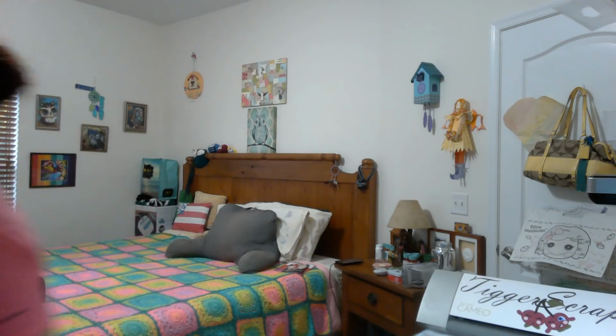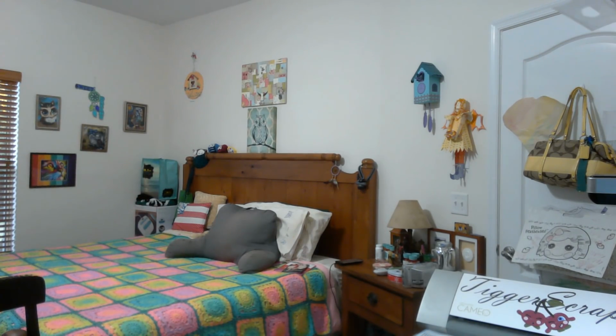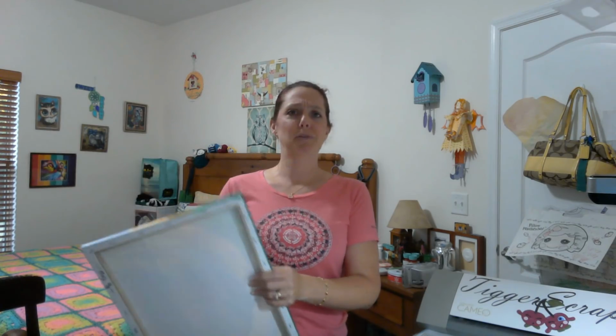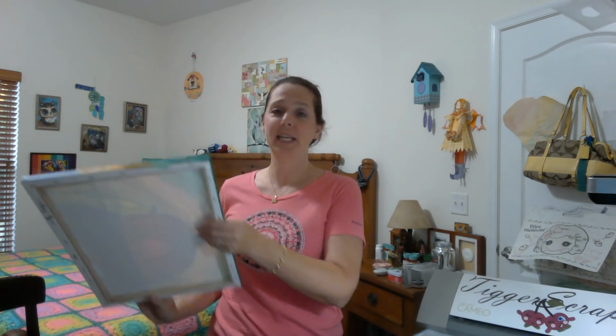I think I showed you my lighthouse. Did I show you my lighthouse? I didn't show you my other painting because I'm kind of embarrassed by it. But I'm going to show you anyway because the instructor assured me that I did a really good job. Plus, y'all don't know what her painting looked like. So hopefully you'll agree with her. I don't know. Have hair on it. Anyway, so